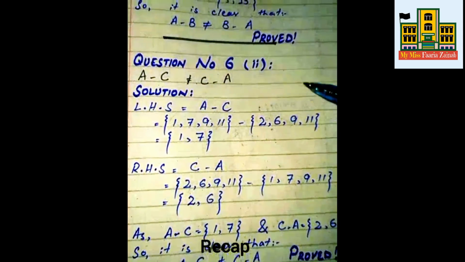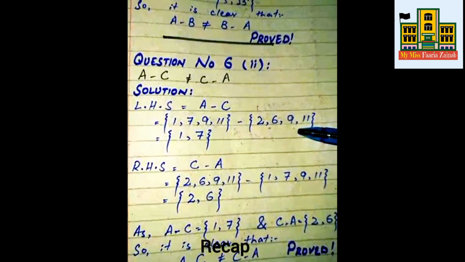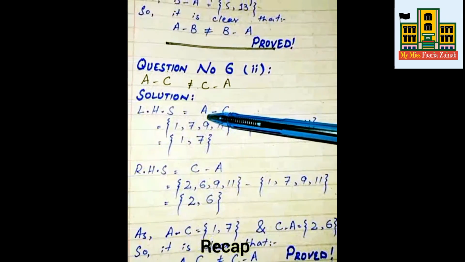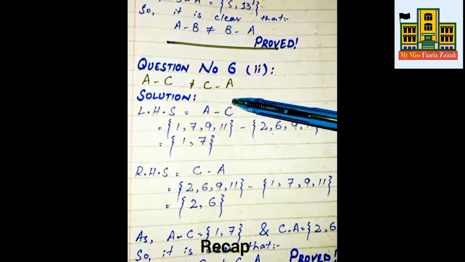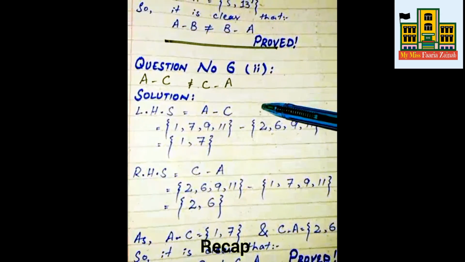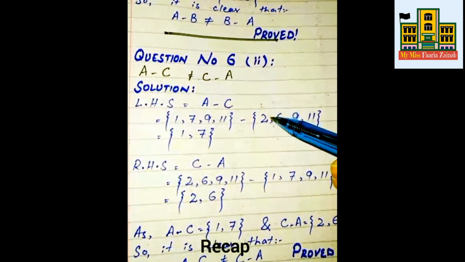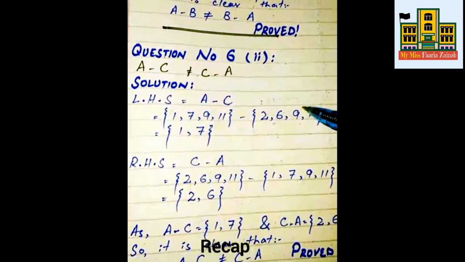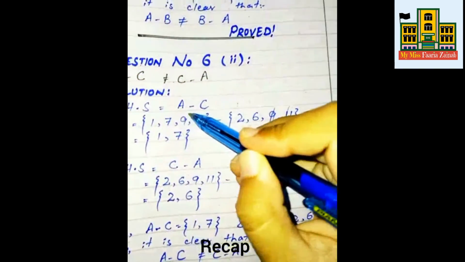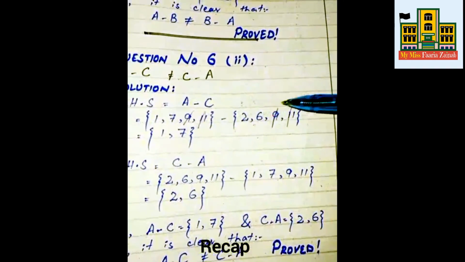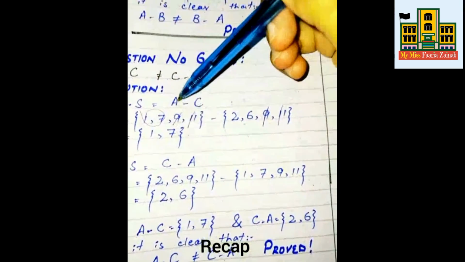And also in the previous lecture we studied how to take the difference between two sets. Here we have a set A and a set C. Set A has members 1, 7, 9, 11 and set C has members 2, 6, 9 and 11. We are going to subtract the same elements from both the sets. 9 and 11 are present in both the sets, so the remaining elements of set A are the difference,